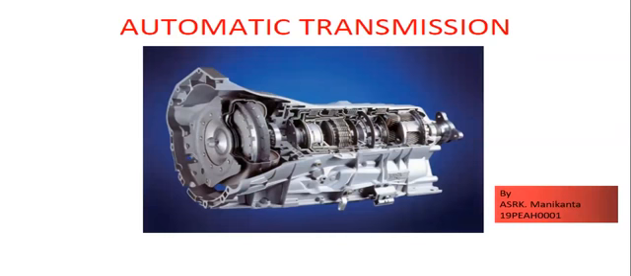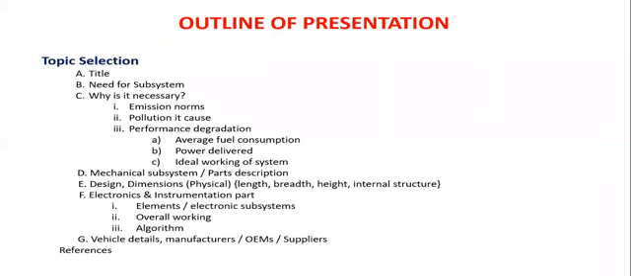As a part of the transmission system, today I'm going to discuss the automatic transmission. This is the outline of the presentation, in which the title of the topic which I have selected is the transmission system, in which I have considered the automatic transmission, and I will be discussing the need for the subsystem, why it is necessary, what the emission norms are, what pollution it is causing, how the performance is getting degraded with respect to average fuel consumption, power delivered, ideal working of the system, and we'll also